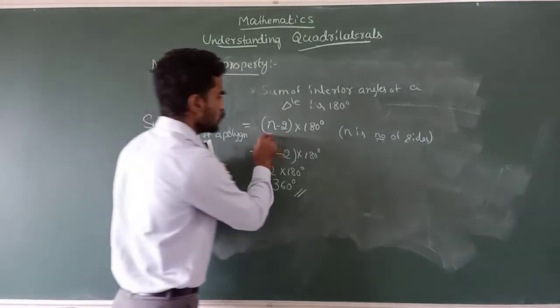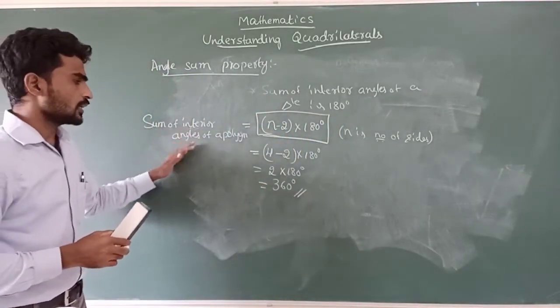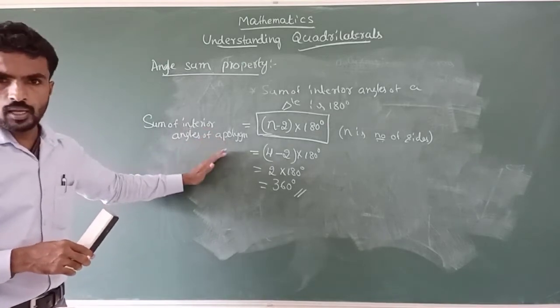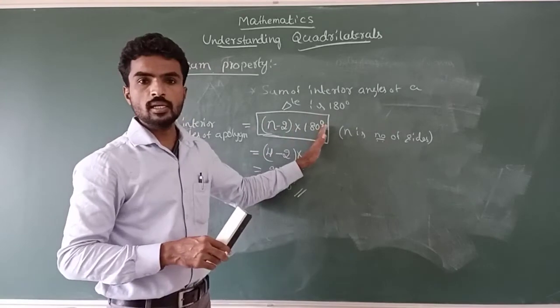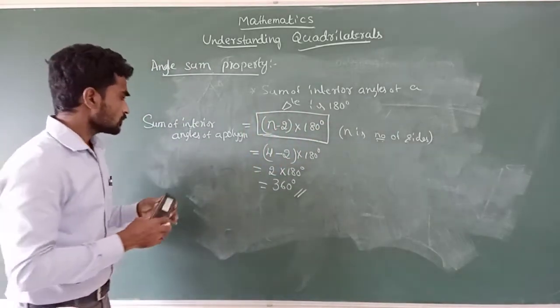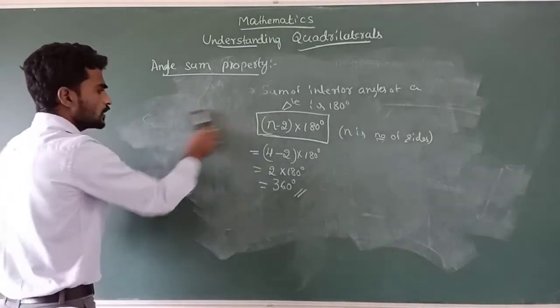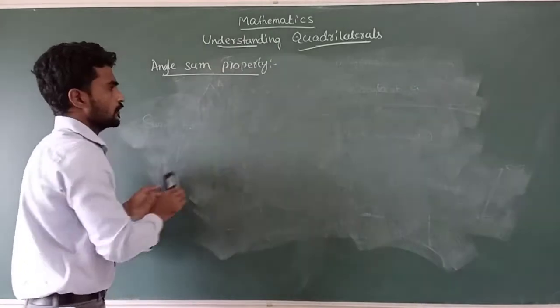Therefore, we can use the general formula for the sum of interior angles of a polygon, that is equal to (n minus 2) into 180 degrees. This is the general formula. To find out in the next one, for example,